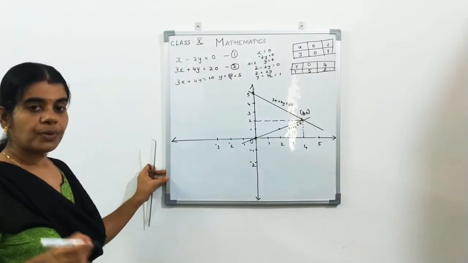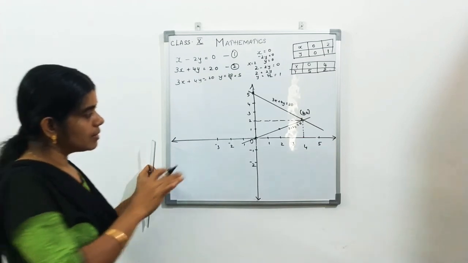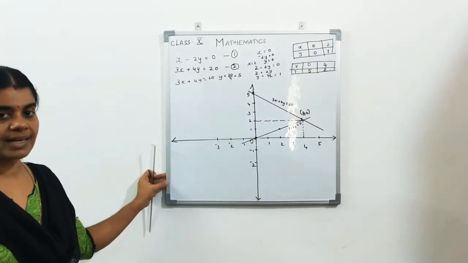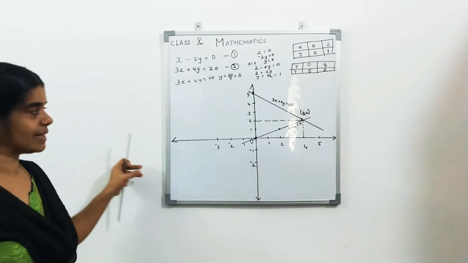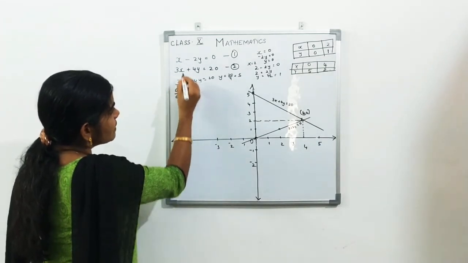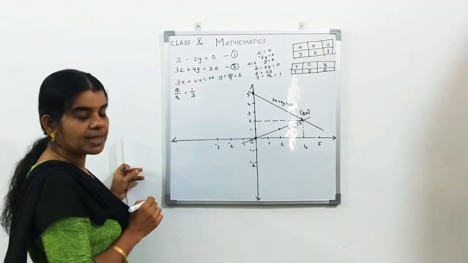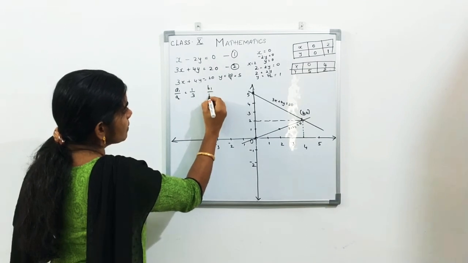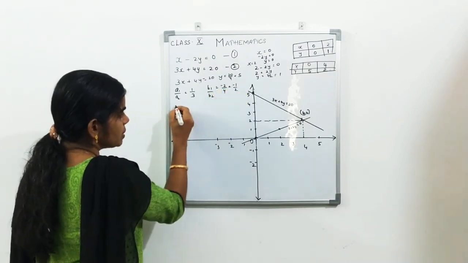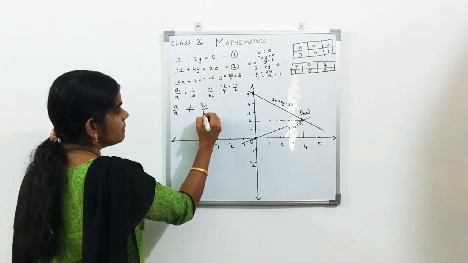Then, before drawing the graph, we can understand which type of graph you will get. How can we find out? We studied a1 by a2, b1 by b2 like that. Just look, a1 by a2 is equal to, what is a1 here? 1, a2 is equal to 3. a1 by a2 you got 1 by 3. b1 by b2 is equal to minus 2 by 4, that is equal to minus 1 by 2. Therefore, a1 by a2 is not equal to b1 by b2.